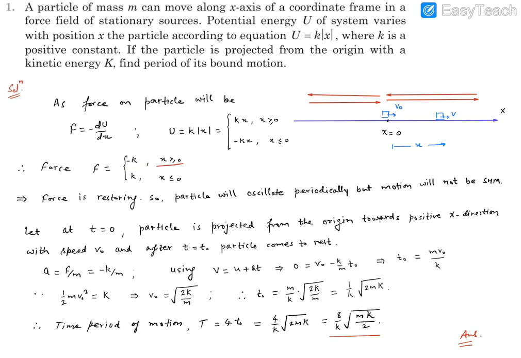So from here, when x is positive, force is minus k. That means force is negative. That means the particle is going to be subjected to a force towards the mean position or origin, or you can say the force will be in the negative direction. That means this force is going to produce retardation. So speed is going to slow down and it has to stop. Then the same force will accelerate the particle in the backward direction. When the particle reaches negative x, the force is positive. That means it will be subjected to a force towards the positive direction. So the force is restoring in nature, which means the particle will oscillate.